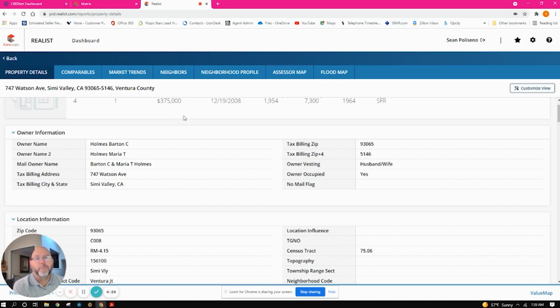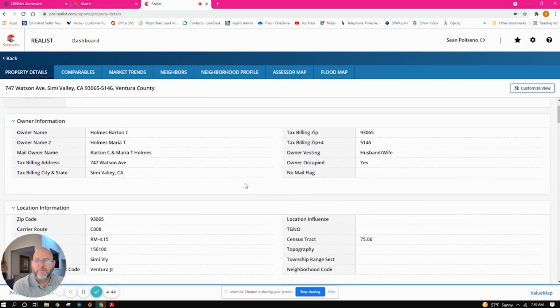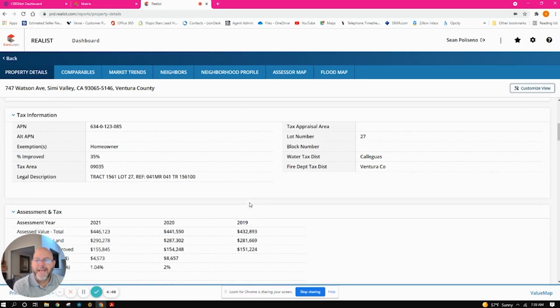And in a down market where it's a buyer's market, we even incorporate expireds, canceled, and withdrawns into our CMA. But in an up market like we're in right now, that I'm going to do this presentation for, we don't use expireds. It's just not necessary. Okay, so this property profile has all the titling information, the zoning information, the tax